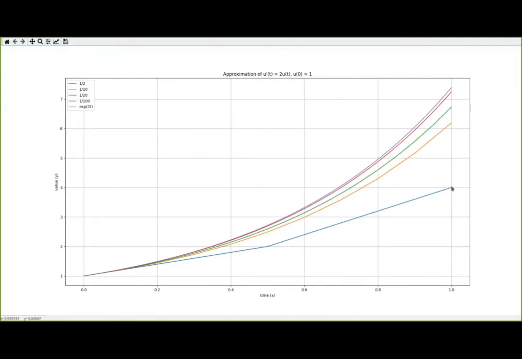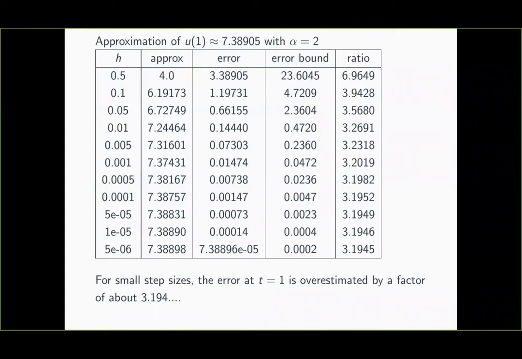Now, can we use the error bound to get an upper estimate for the approximation error of each of those approximate solutions here, the distance to this true solution here? And if yes, how good will this error bound be in comparison to the true error? So let's suppose I take t equal 1. So I use the Euler method to find an approximation of the solution at time t equal 1 with alpha equal 2. With that choice of alpha, I get that u of 1 is roughly